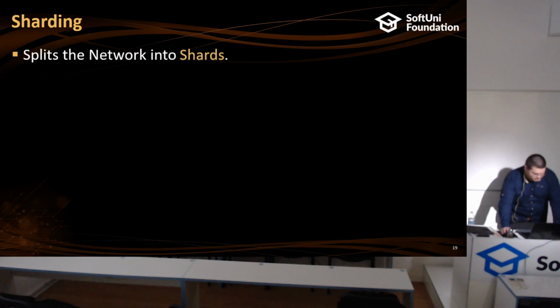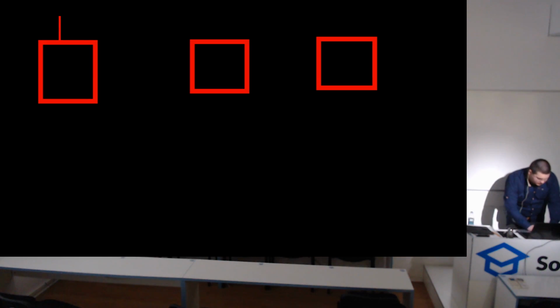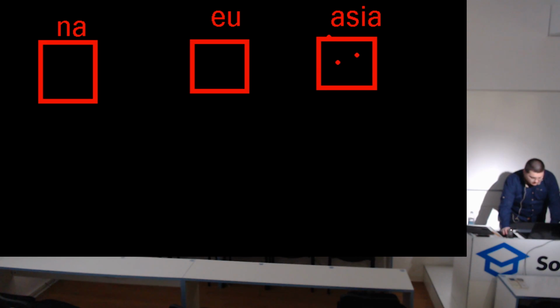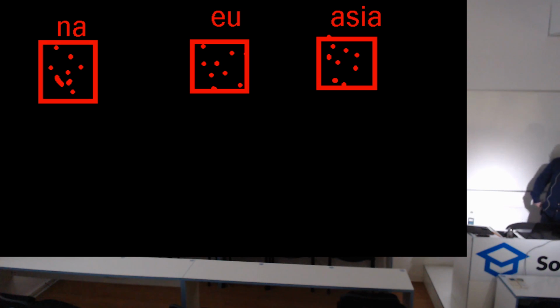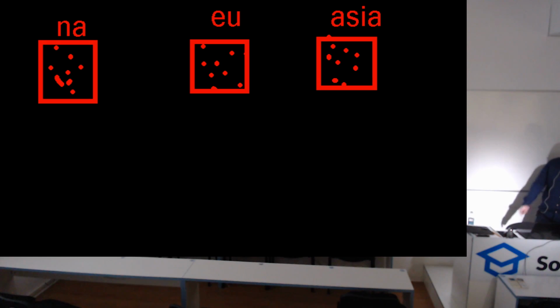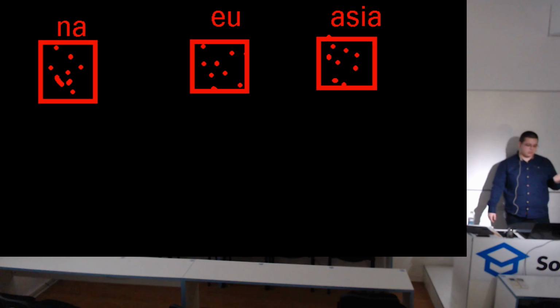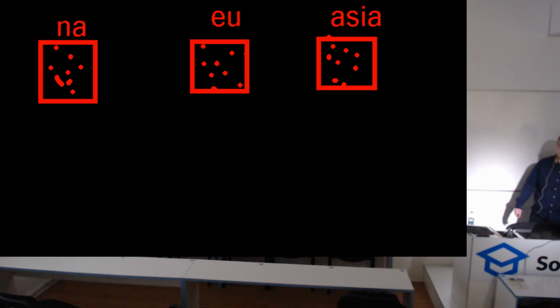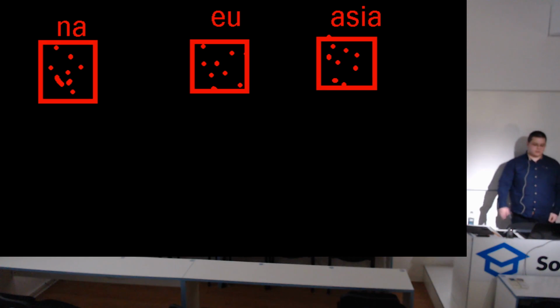So again, I will come and draw here. Currently, if we have, let's say, 3 regions here, so this is NA, this is EU, let's say Asia. So currently, every single region has some nodes, whatever number it is. Okay, so currently when a transaction happens, every single node in the world needs to actually come to an agreement, needs to process the transaction, needs to make the validations, and this is very hard. First, because of latency, every node again needs to hear about the new block, every node needs to come to an agreement. And the idea is that there's no such need to actually